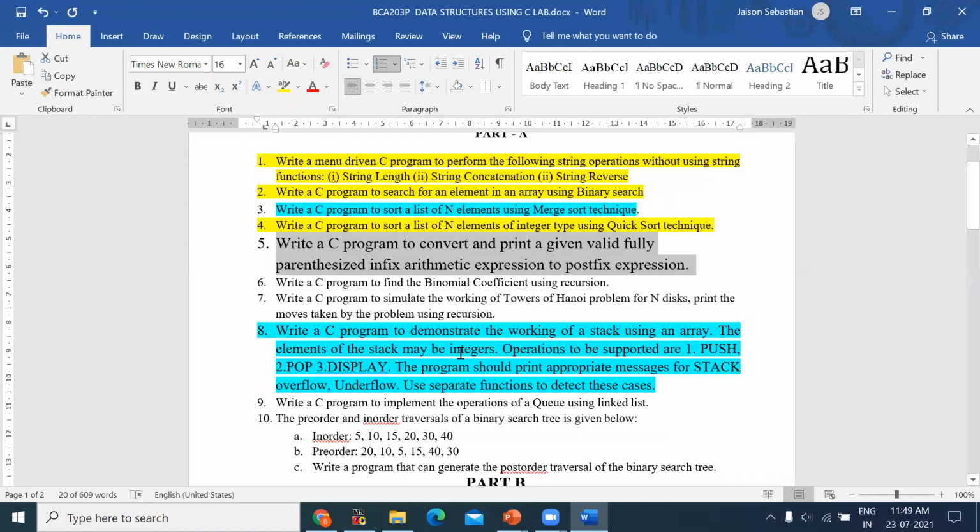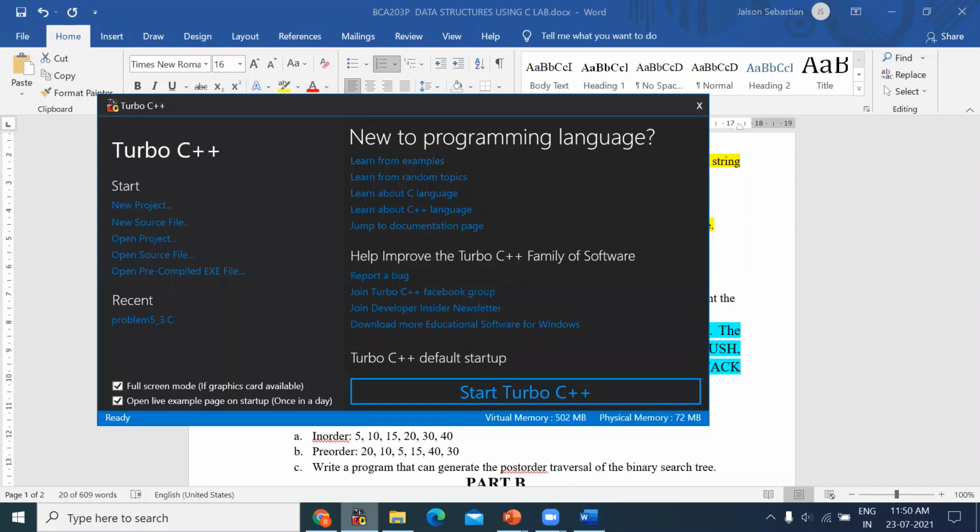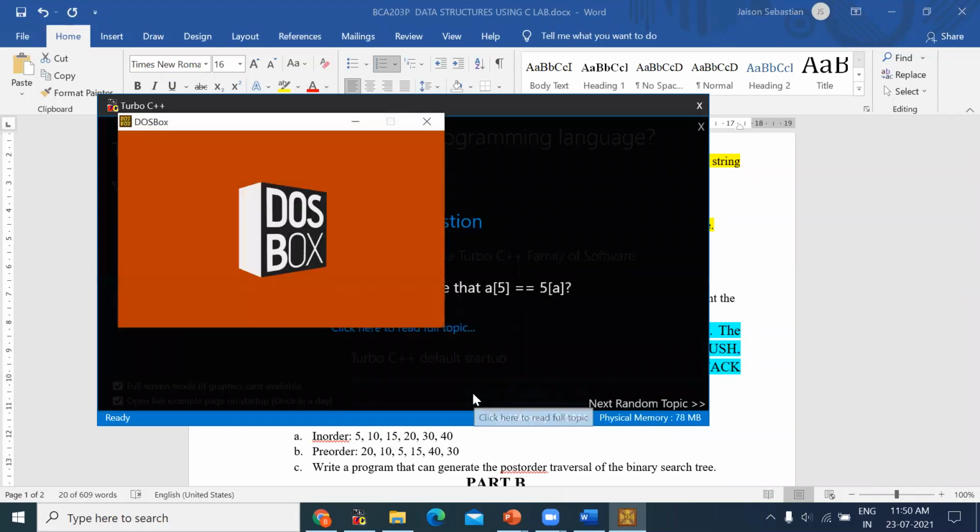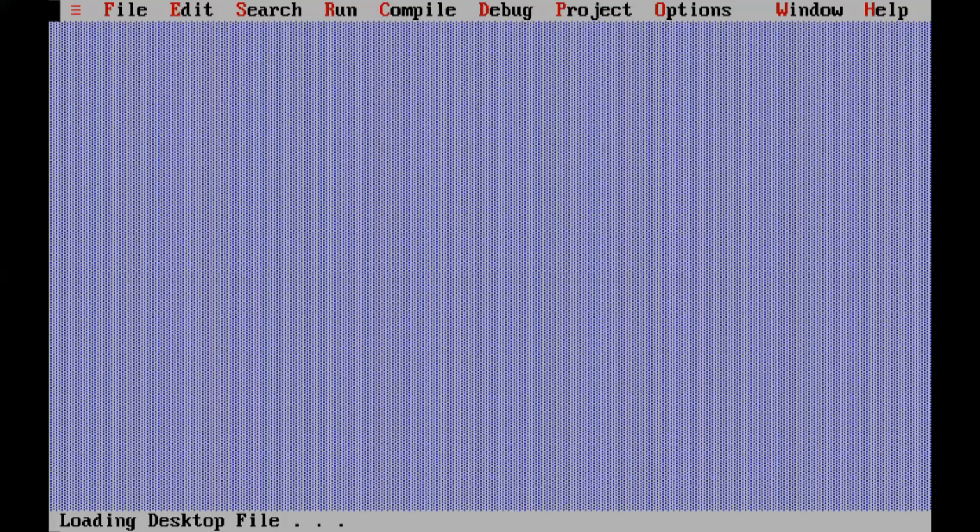That's it. So this is part A, program number 5. And you can write today's date, 23rd July. Usually, whenever we are executing that day's program, you have to mention that day's date in your observation. Some have the habit of writing. That is good. Now we are going to type the program.